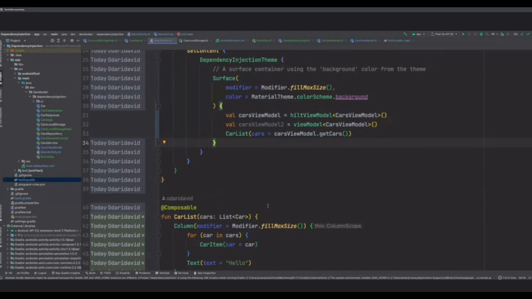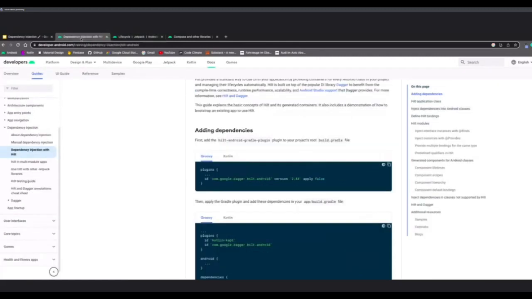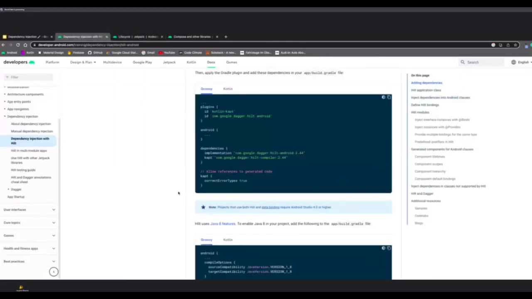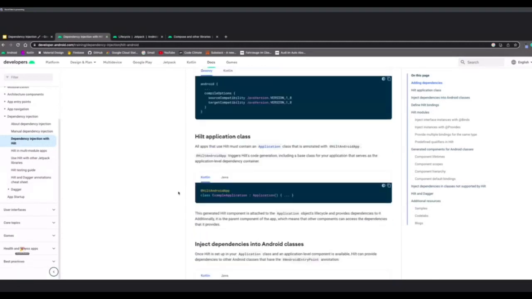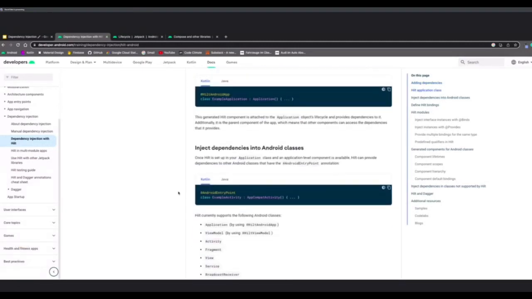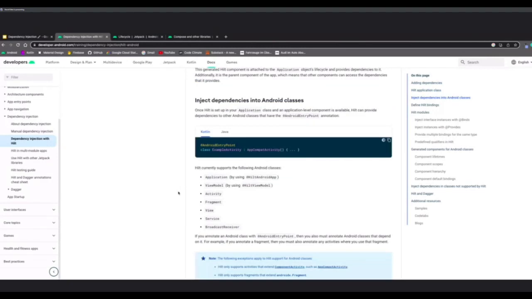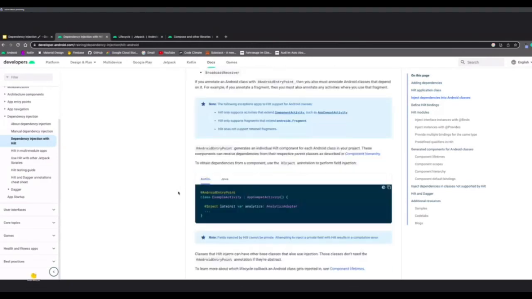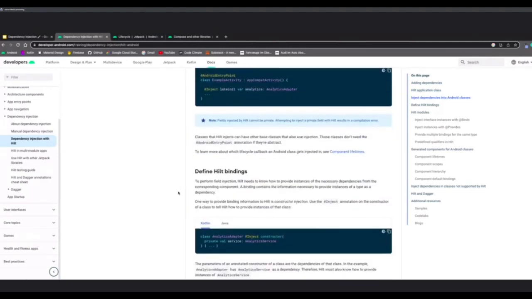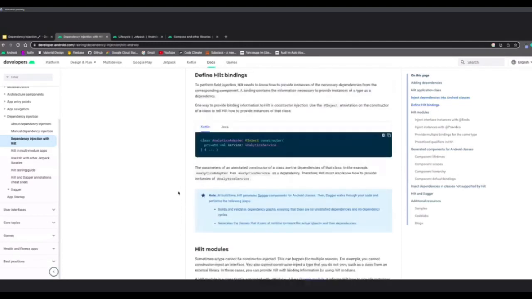I think that's a lot of information to take in. Dependency injection wise, library wise. I'll share this project, and the documentation has everything else that you will see, some things that I've mentioned or some things that I've not mentioned. Yeah, this was just to show you what you could do, get your hands dirty with Hilt.